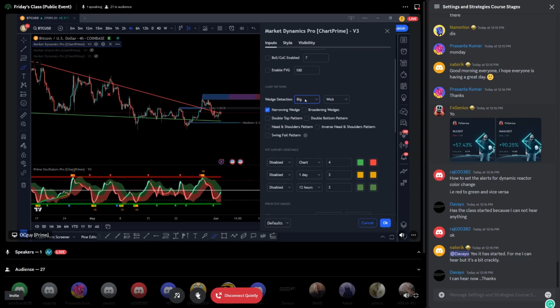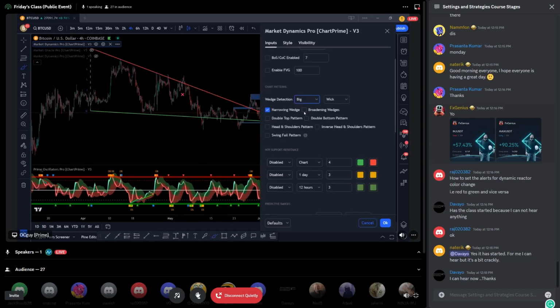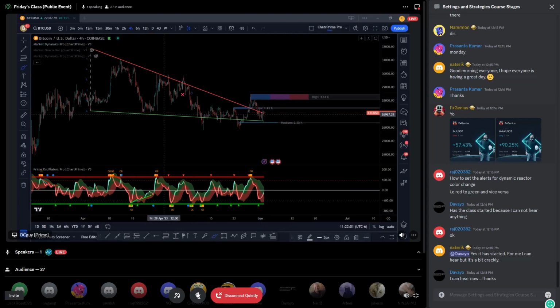But if you have a wedge, or a broadened wedge, or a double top, or a double bottom, or a head and shoulders pattern, or an inverse head and shoulders, then this tool will be showing it to you. All right. That is one of the most frequent questions, where you guys say, well, I turned it on, but I don't see any. Well, maybe because there are no relevant figures to show you, right? So start with macro, move your way down until you see the best fit triangle. Usually the bigger the triangle, the bigger the formation, the better the fit, and the better the fit, the better the results on the breakout, right?